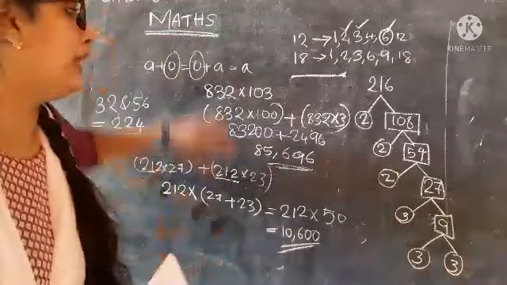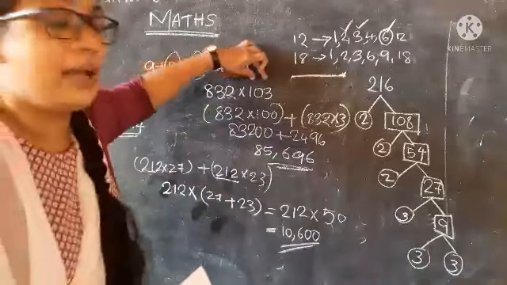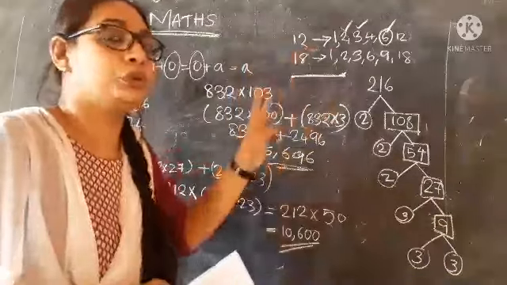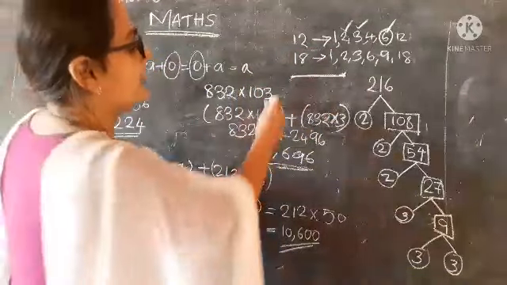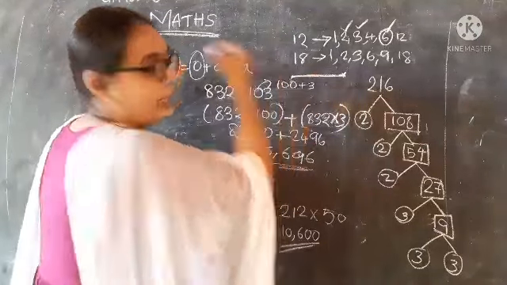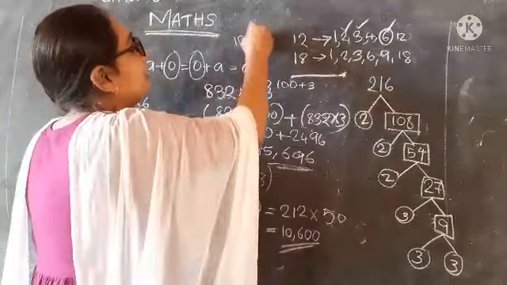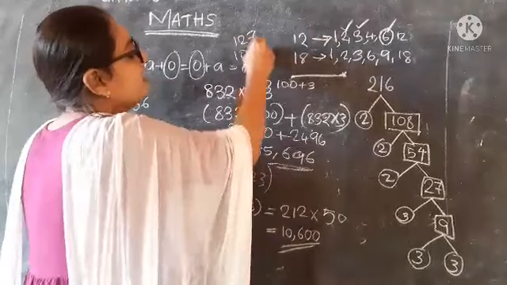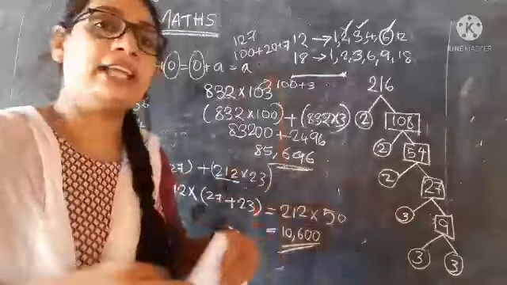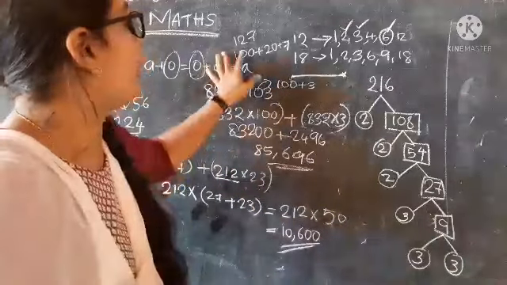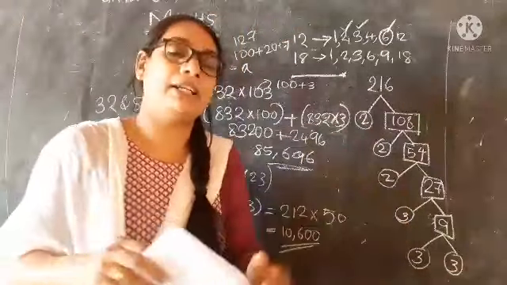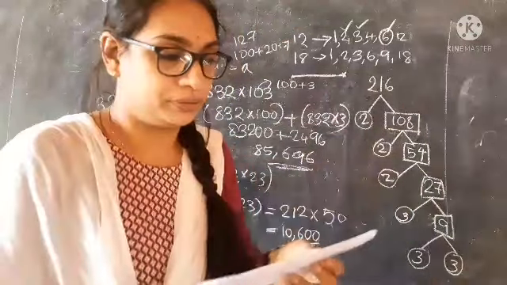The distributive law works by splitting the number into two. For 103 we split the number as 100 plus 3. For 125 we split the number as 100 plus 20 plus 5. In any case you distribute the common number to each part and add the multiples. Okay, that's all.